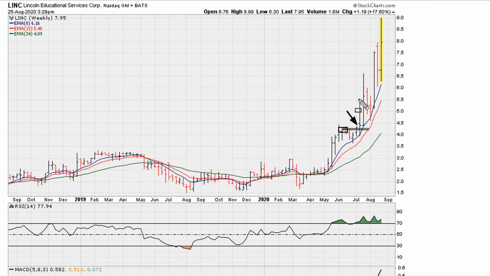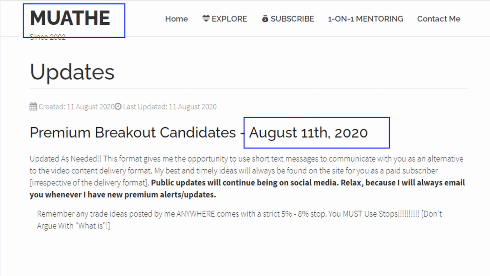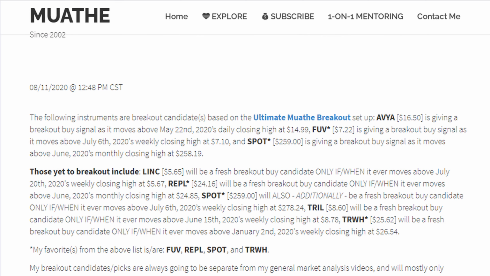Now the next breakout is here, and this is in the middle of August, and that was at 5 point something and change. So that was the next breakout, and again after a couple weeks of rest, which is this rest period right here. It gives you another opportunity in the, let's call it $5 and change. Let's take a look at that breakout alert. And that breakout alert was sent to my paid subscribers right here, July 11th. And that was at a breakout, future breakout, when it moved above